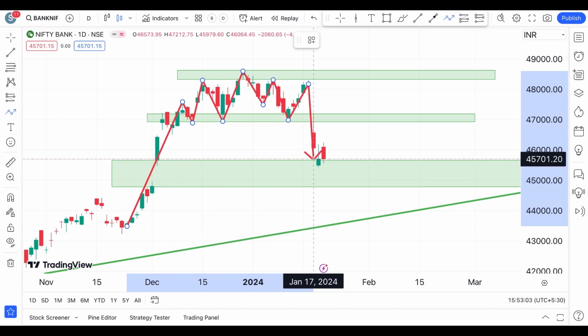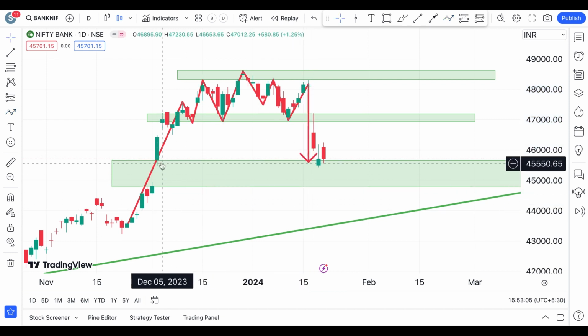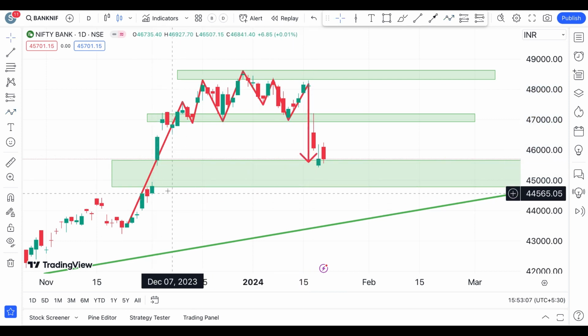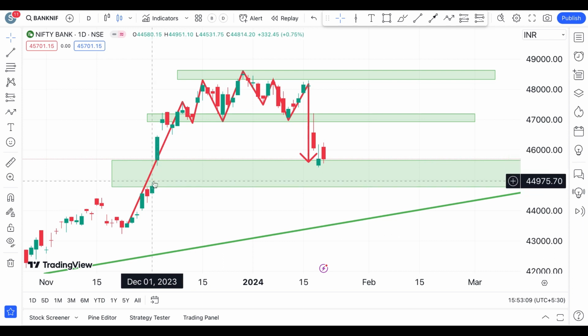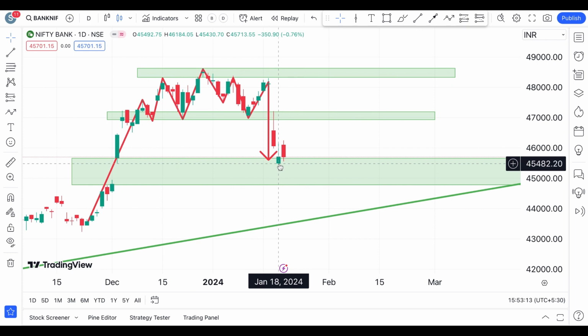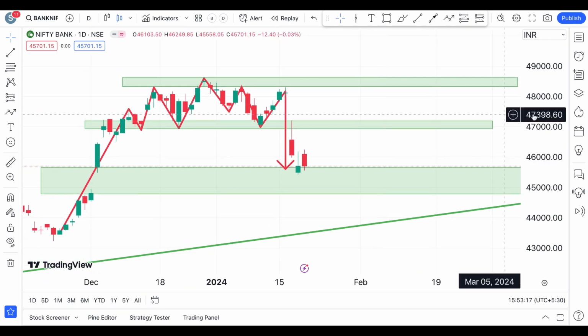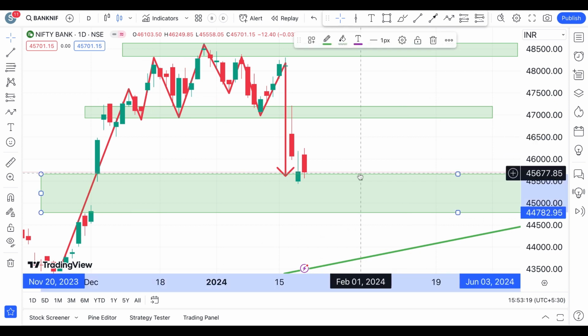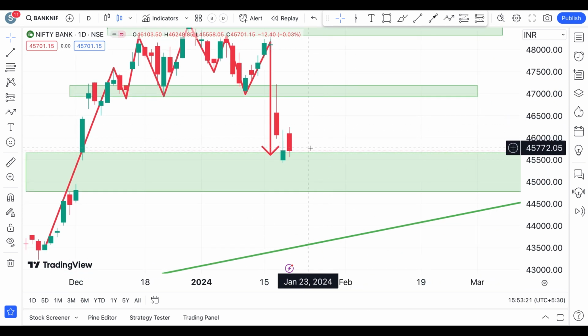Okay, so we have the same region here, gap down opening from these 2 days, from December 1st and December 4th. That gap yesterday acted as a little support for yesterday's candle. Now if you notice here, today's price action, we have seen a gap up opening in the Bank Nifty. But